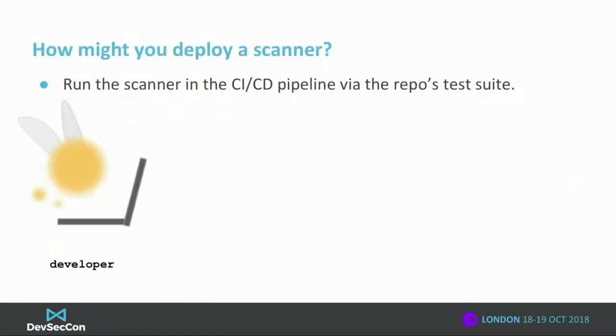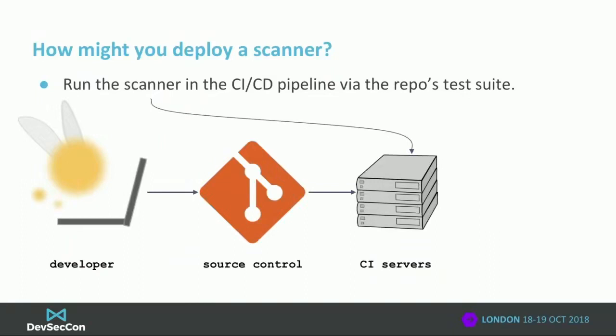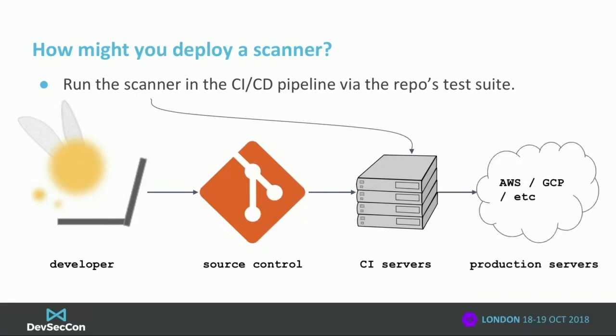Basically, we had a situation where you have a developer. In all my slides, developers are these fairies, just because. So you have a developer, they push to source control, that thing gets run on a CI server so that you can run the test suite, and that's where you can stick these security scanners, and if there's a failure, the developer will see it, they'll fix their pull request, and eventually that makes its way into the cloud. Cool. So this pipeline works well